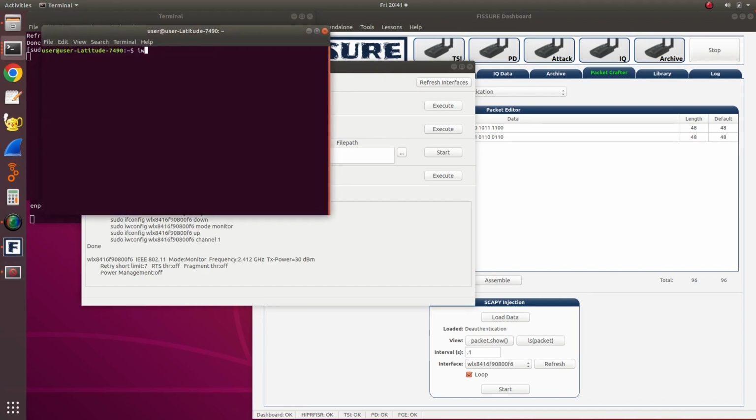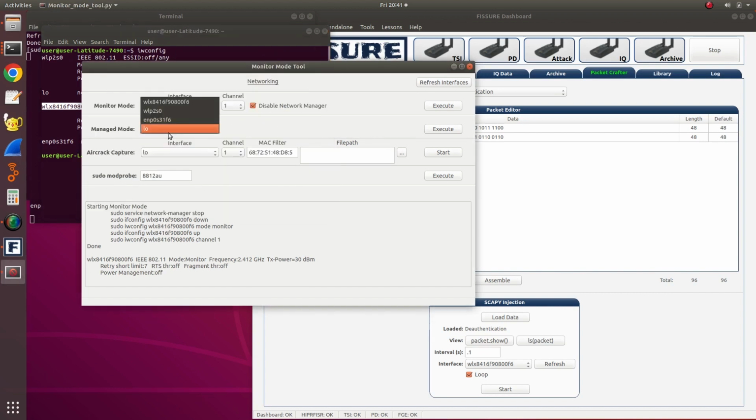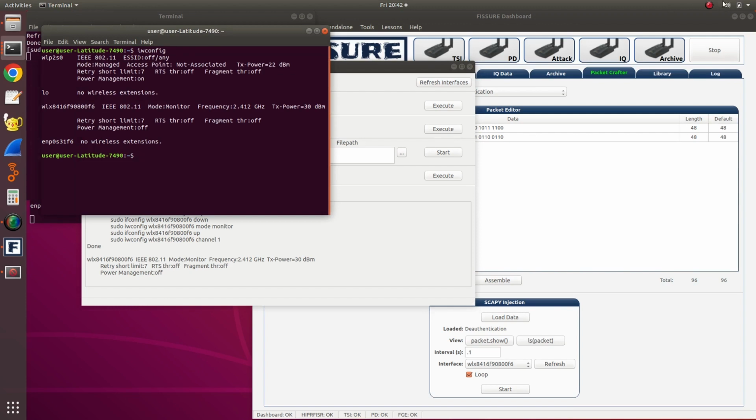So if I just check it, there you go, monitor mode at the frequency channel. It's helpful for changing to specific frequency channels, and I can go right back if I click managed mode, and it'll restore network manager and stuff like that. So right now it's not up here,